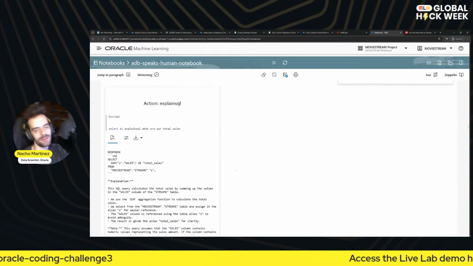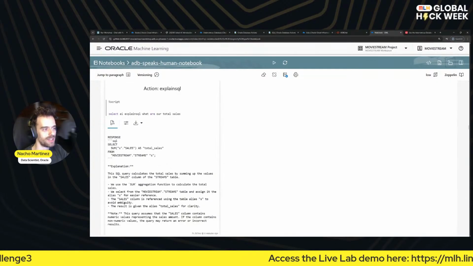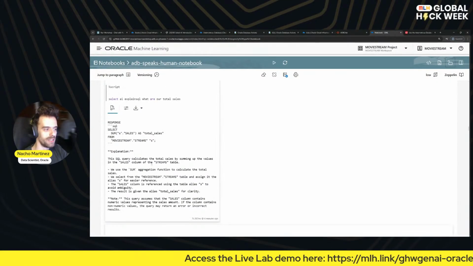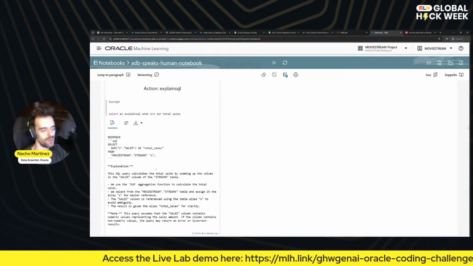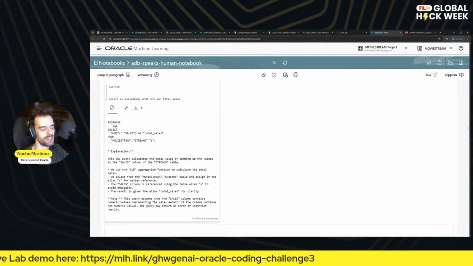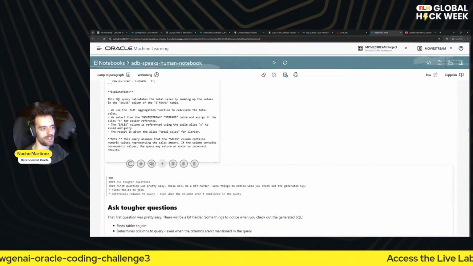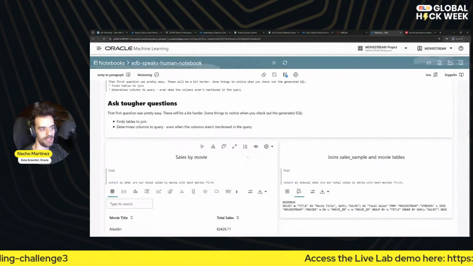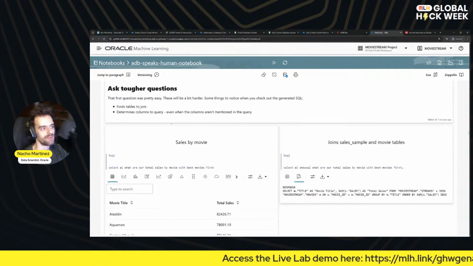And explain SQL, my favorite, is the one that explains how it came up with the query. And this is especially good for students and people getting started on SQL, because it will help you big time on generating these things. And then you could also ask tougher questions, like, for example,